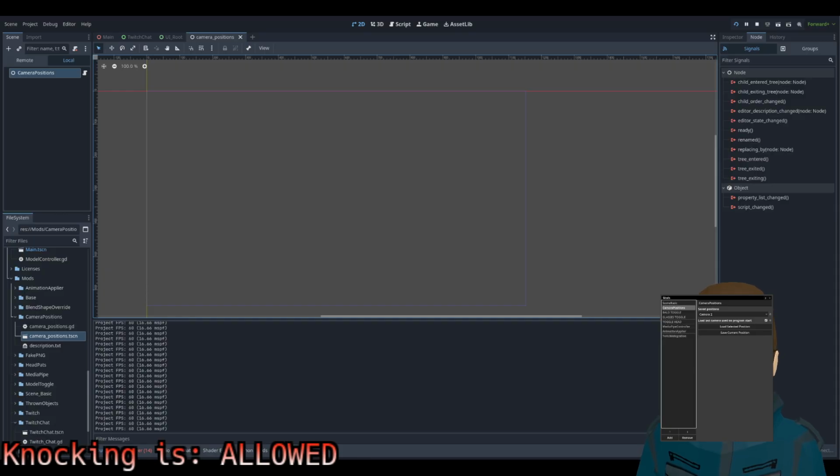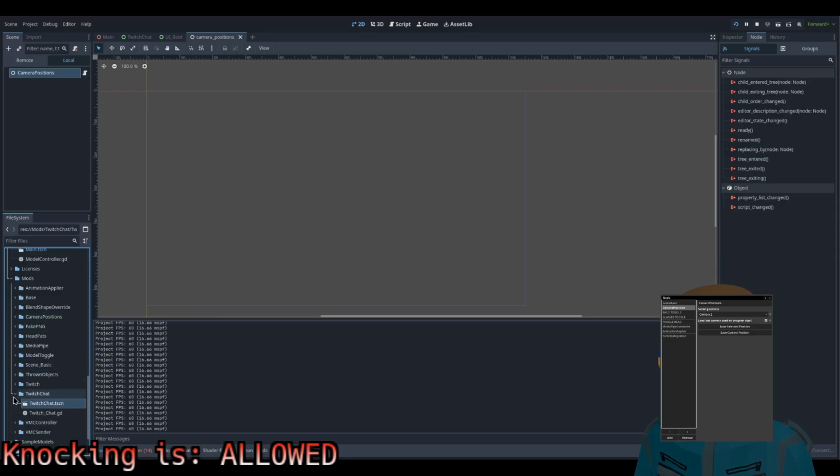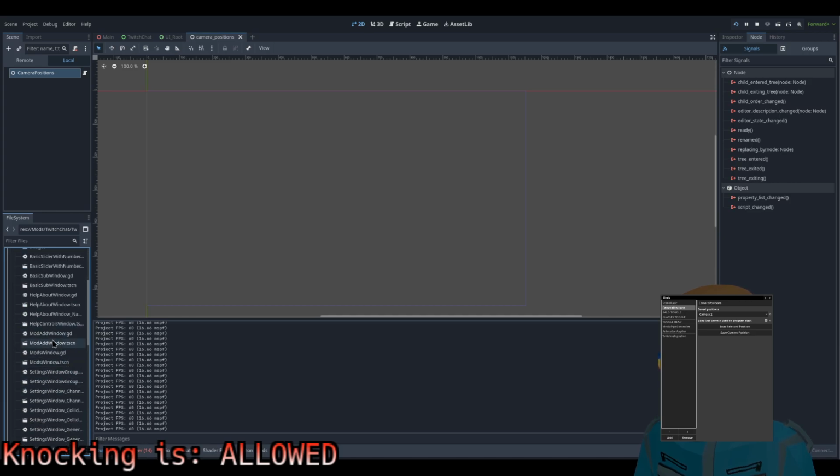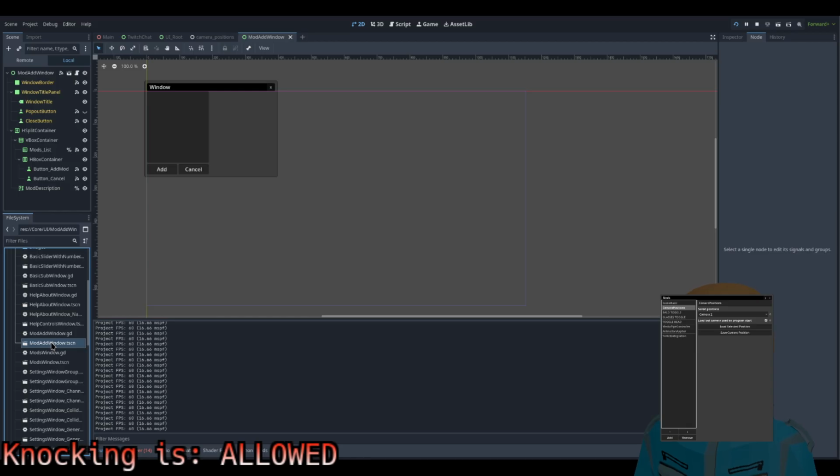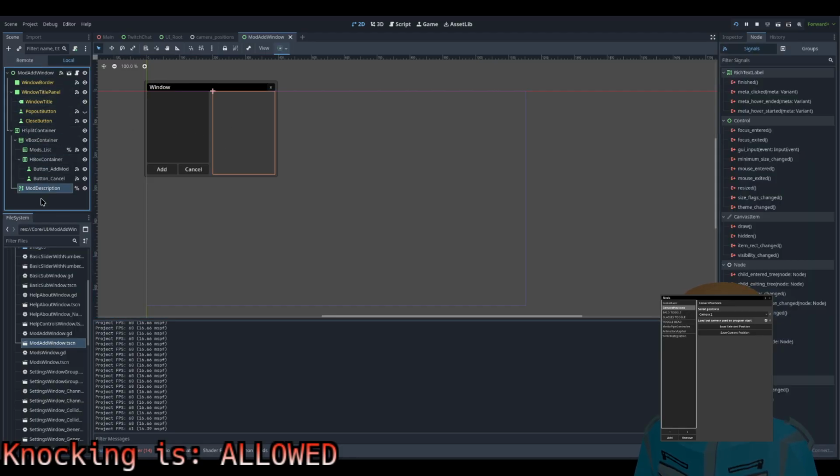Because that just gets added to the mod base. That's outside of this, because that's in U. The mod add window. But then you also have the mod description. Snow can be accessed from anywhere within the scene it belongs to.